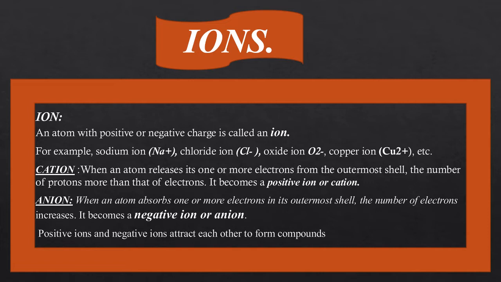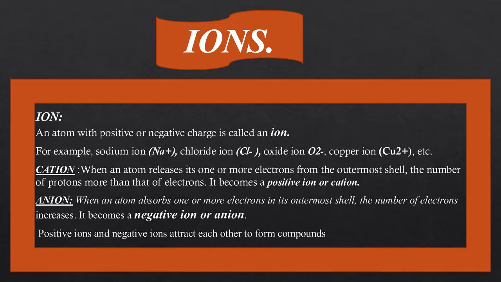In simple words, when an atom releases its electron, it becomes deficient of 1, 2, or 3 electrons. When it becomes deficient of an electron, it gains positive charge. As you know, in a neutral atom the number of protons and the number of electrons are equal. When an atom releases 1 or 2 electrons, it becomes deficient. In simpler words, the number of protons is more than the number of electrons. That is why the atom gains positive charge, and the atom with a positive charge is called a cation.